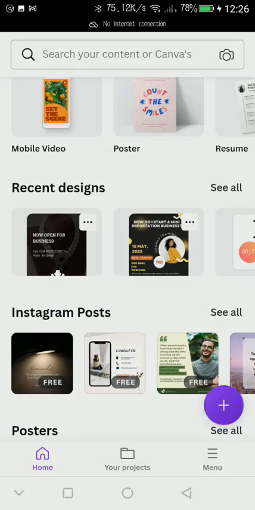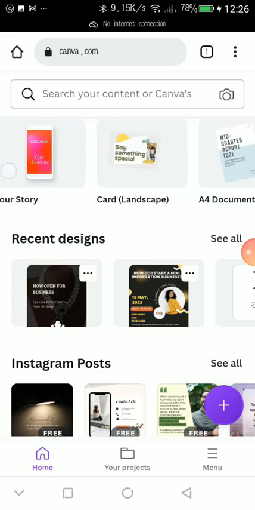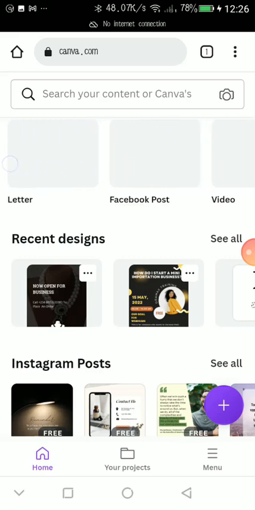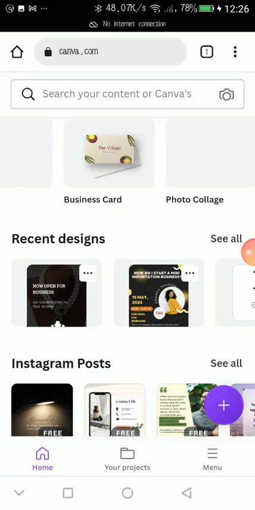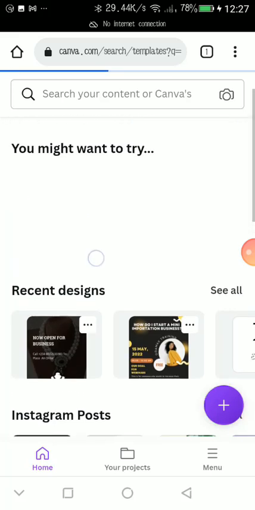Alright, so as usual, you know that Canva requires a very strong network. So I'm looking for a business card. Alright, there's this business card now. I click on it and then I wait for it to load. Under this category you might want to try. Alright, so when it's done loading,